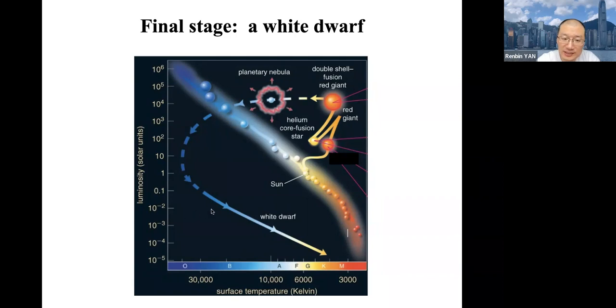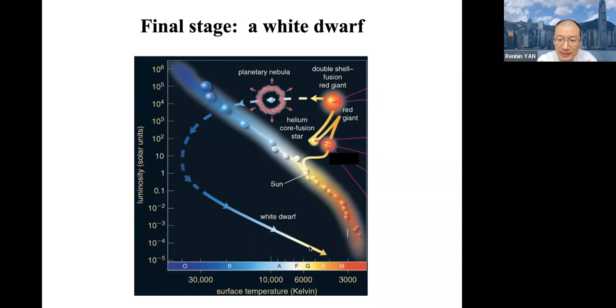So basically, at the end of this stage, the core can be several tens of thousands of Kelvin. That is the temperature of the core, and it's not producing any more energy, but it radiates away the energy. So when energy gets radiated away, the temperature will drop, and the star will decrease in temperature and also decrease in luminosity. The size of the star will not change at all, because the size is basically controlled by how much gravity there is and how strong a degeneracy pressure it can have, right? So the size of the star is basically fixed.